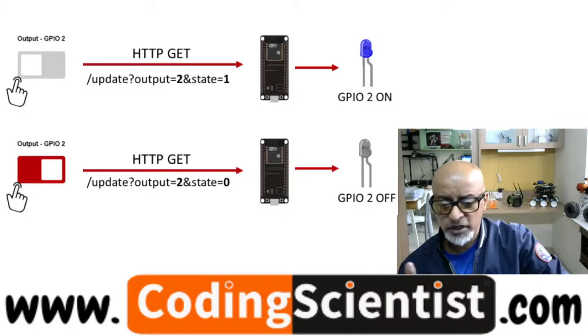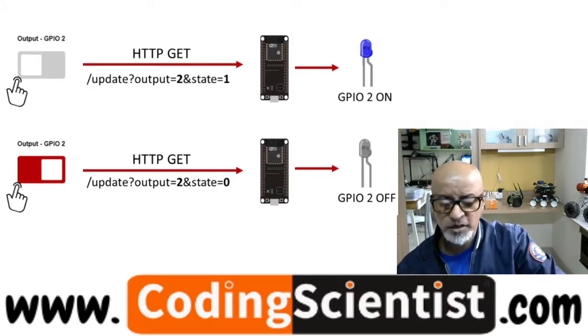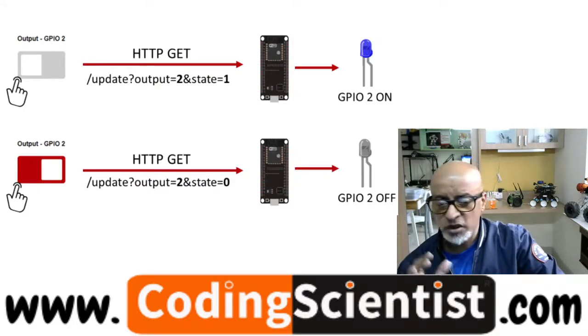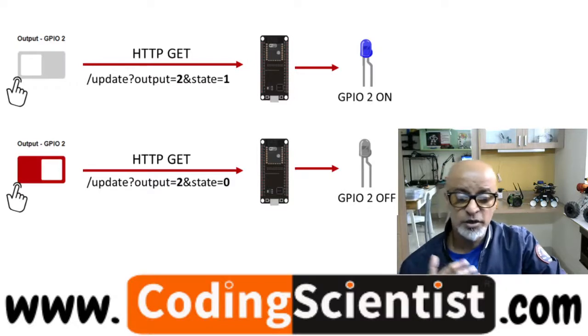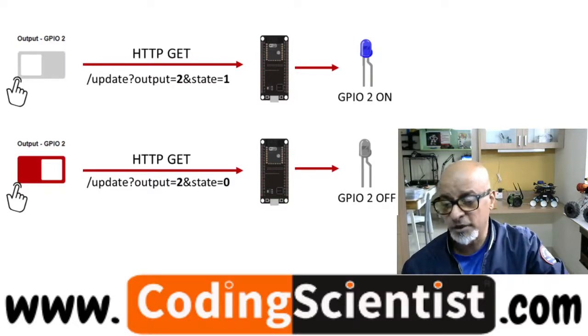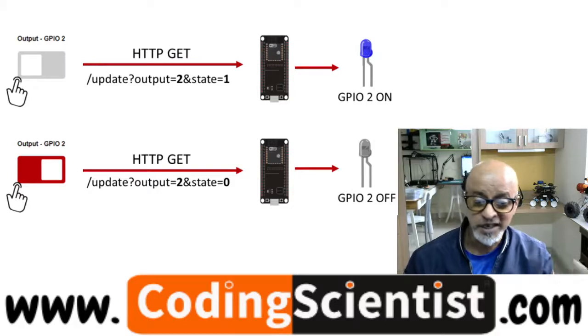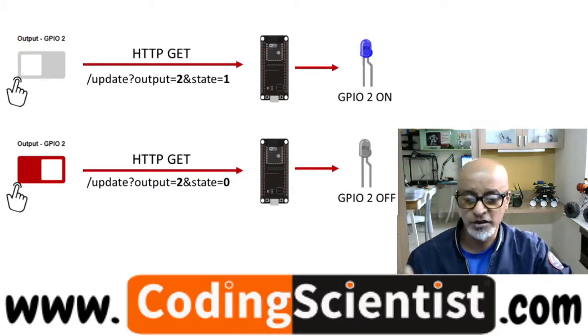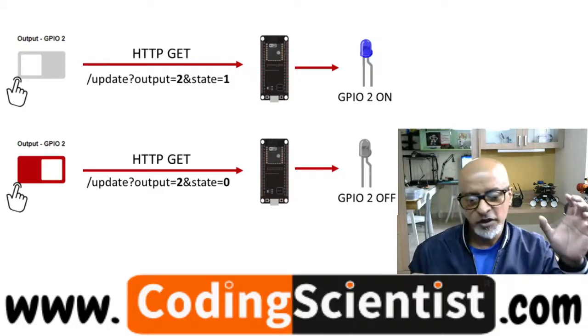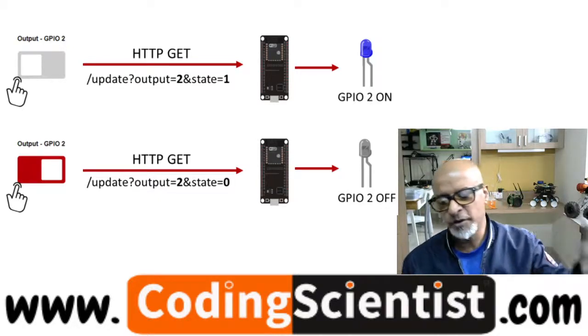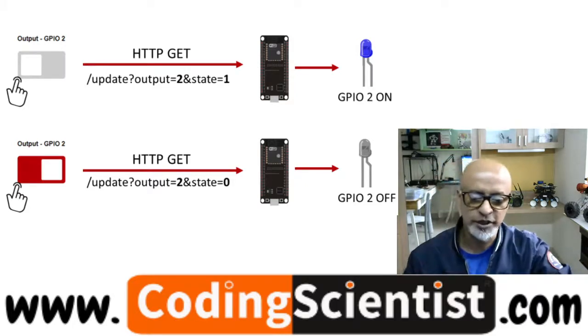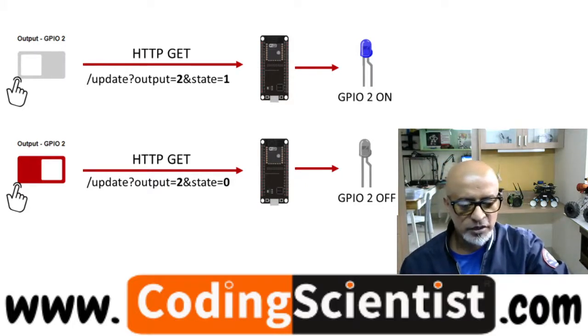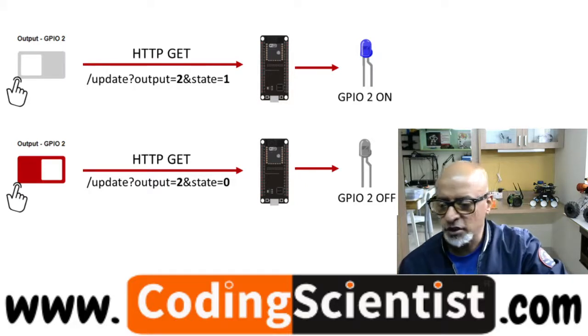In this particular drawing, if you take the second example at the bottom, you toggle the button to turn the GPIO2 off. When that happens, the browser makes an HTTP GET request. So that's how the on and off logic works in the web browser with HTML tags, communicating with your C program, which is residing inside your ESP32. Now let's go ahead and take a look at the code and try to upload it and see what happens.